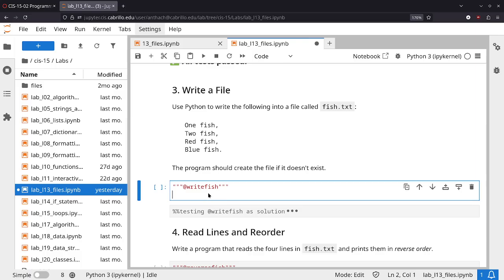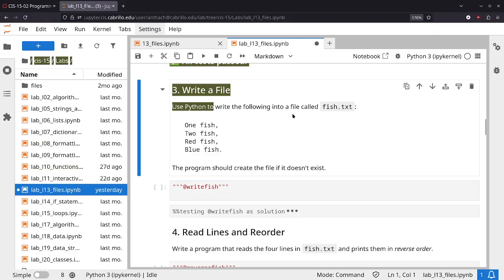So I'm hoping folks gave this a shot. If you didn't give it a shot, please go ahead and maybe pause the video and try it out yourself. This way you can maybe run into possible errors and start troubleshooting it. Okay, so number 3 right here, this is asking us to write some code that